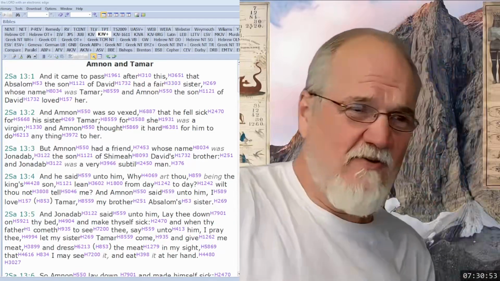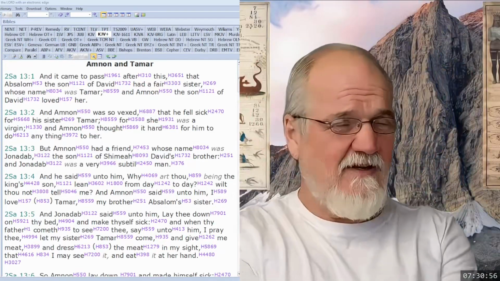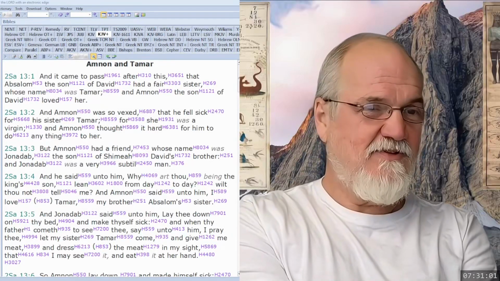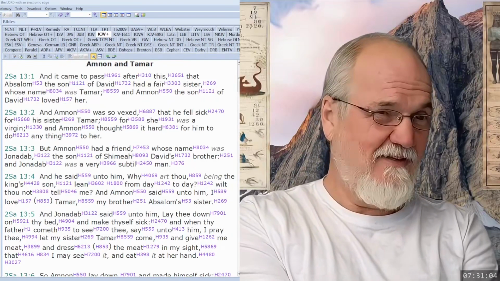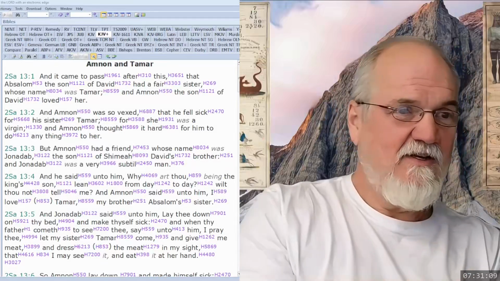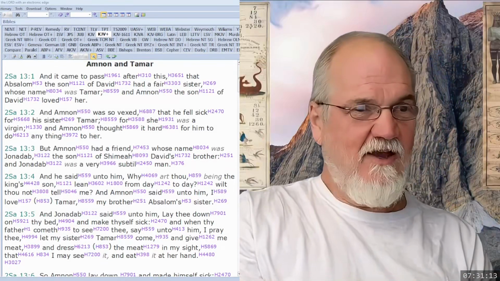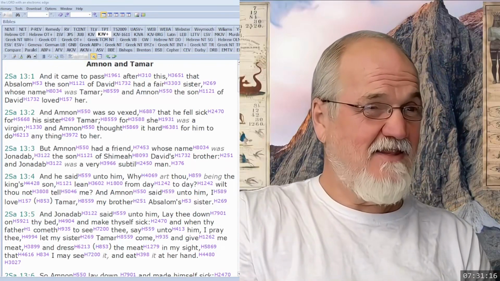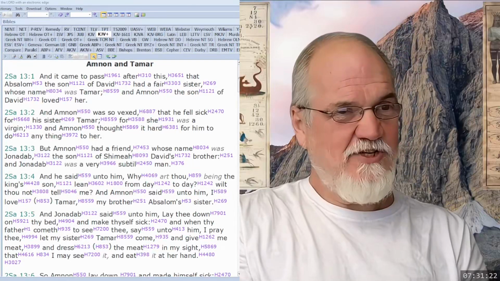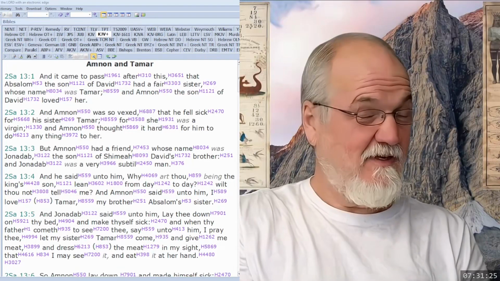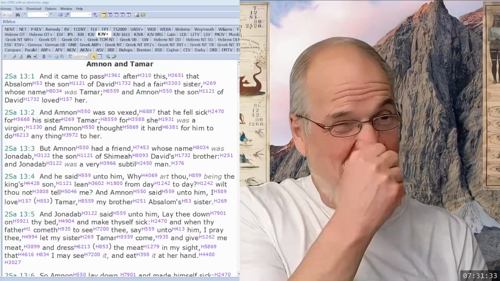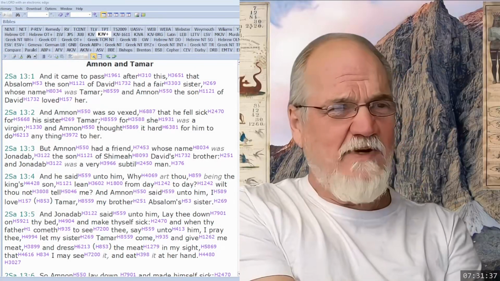Even if we look at just this story on its base level of Amnon, right? I mean, it's a pretty immature thing to be lustful and lovesick, right? He's falling sick. He's in love with his sister Tamar. It's just a base human emotion. The idea that he thinks that having his sister is somehow going to satisfy that emotion, that somehow something good would come from it, is pretty immature and short-sighted. Okay. So David raised a pretty immature son. How old would Amnon be?